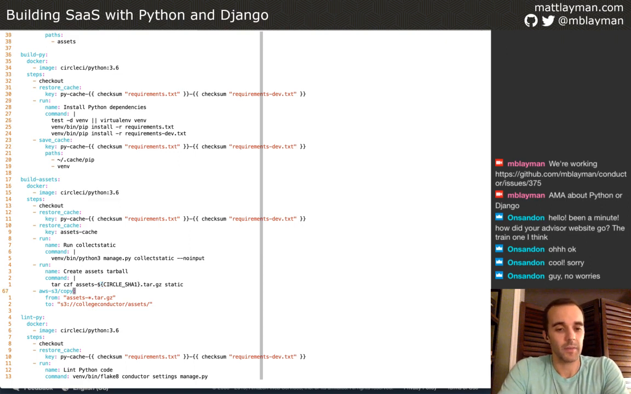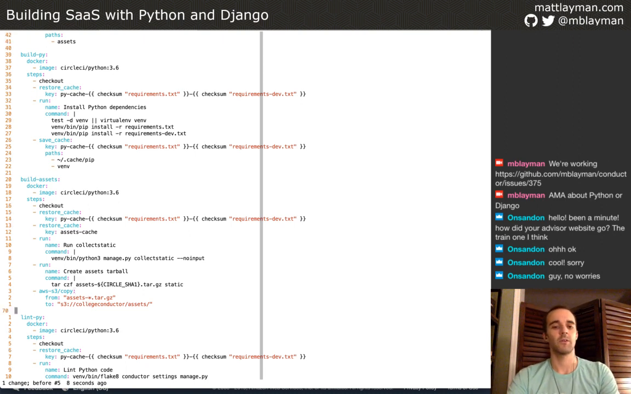And actually, now that I think about it, I could probably replace this star with something like $CIRCLE_SHA1, so we could match on the actual file. But because I might change this in the future, let's leave it this way. And what this says is find any file that matches this assets star pattern, and star is the wildcard,